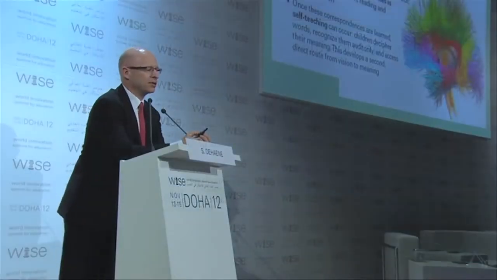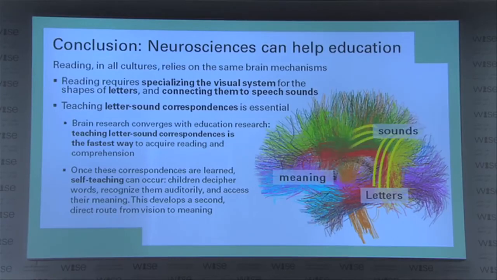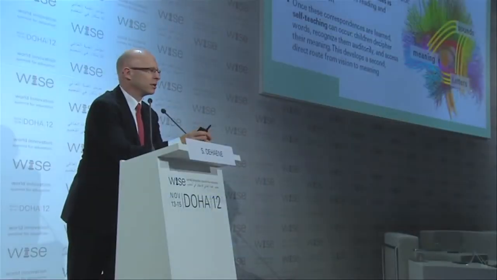It works because there is a form of self-teaching. Once the correspondences are learned, children have this correspondence between letters and sounds, then they can recognize the words auditorily using their auditory lexicon, and then this more direct route between letters and meaning can be trained. It can be self-trained as the child reads by himself, even without a teacher. So this notion of two routes of reading plays a very essential role in all contemporary models of the reading process. Cognitive neuroscience